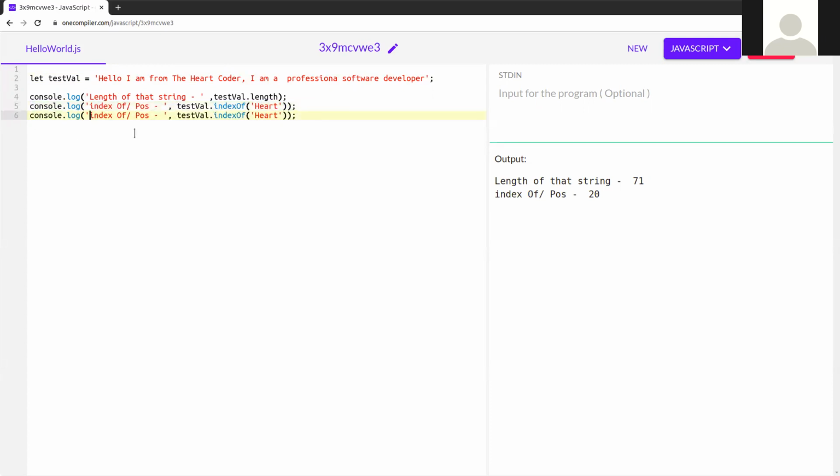So here I'm passing "am", and you can see it starts from 35. If it had returned the first one, it would be a much smaller number, but it returns 35, which is the correct result.